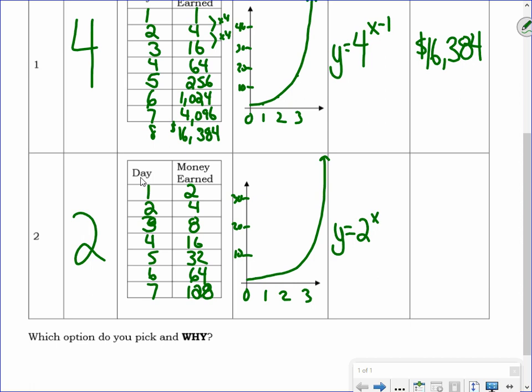If I put a -1 in there, it is not going to work. So if I need to figure out the 14th day, I can plug in 14 for x and solve it. And if I take 2 to the 14th power, I get, ready for this,